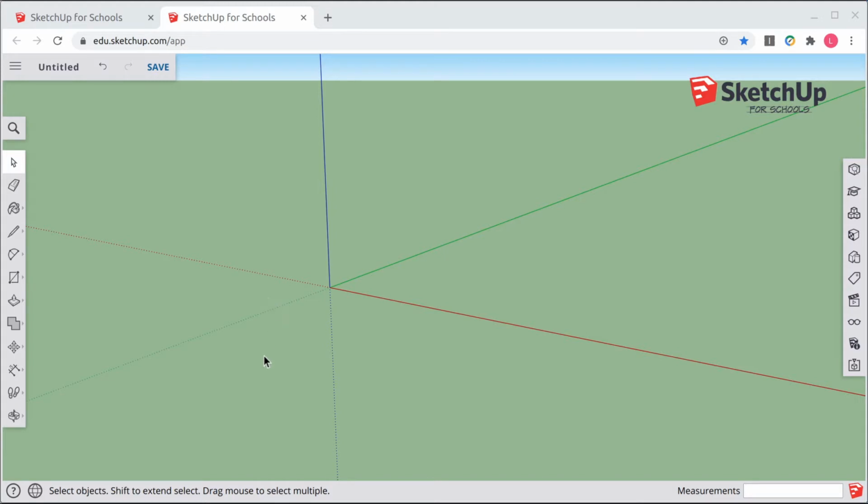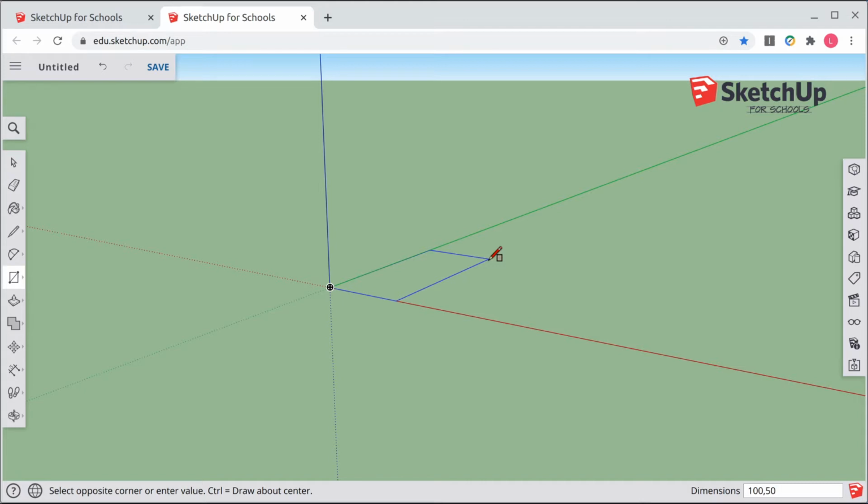Next we will draw a rectangle, and we do that by just clicking on this icon here, rectangle. If you don't see rectangle there, you might see a circle instead. You need to then select the rectangle tool and click once with the left mouse button on the origin. Now I'm no longer holding the mouse button down, but I can drag out the rectangle here. And what we want to do is key in the dimensions so that we get the exact dimensions that we want. So I'm going to key in 100,